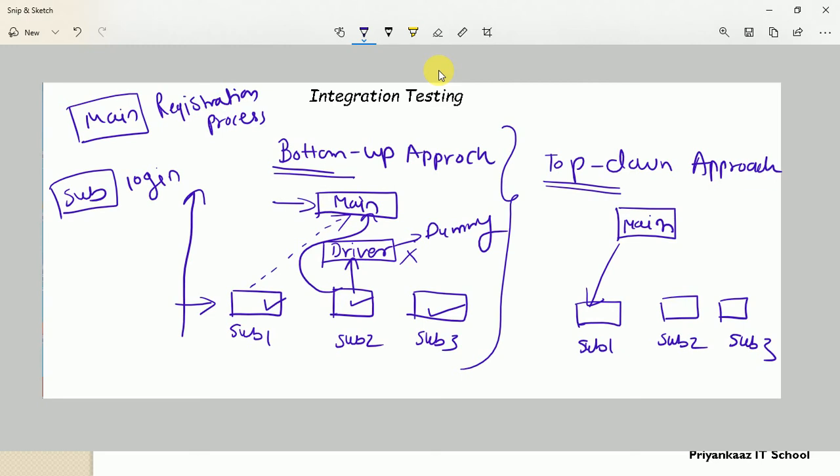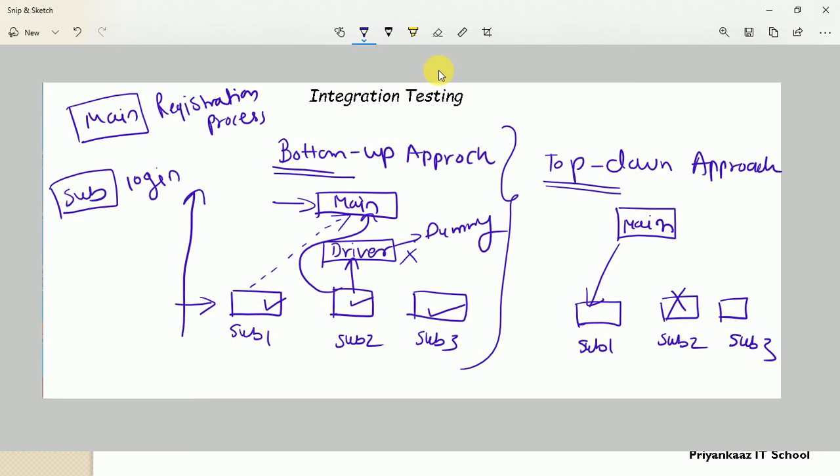Clear? If, let's say, top down is followed at the time of component integration testing, then that is completely performed by whom? Component integration testing is performed by the developer. And that's the reason main and sub 1 get interconnected together and they can simply test the relationship between these modules, right? Now, suppose in top down they first focus on the main function. The main module is ready, but suppose a sub module is under construction, let's say sub 2 is not ready, then what do they need to do?